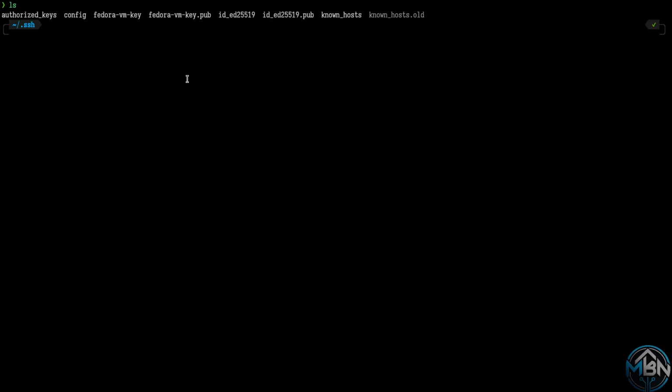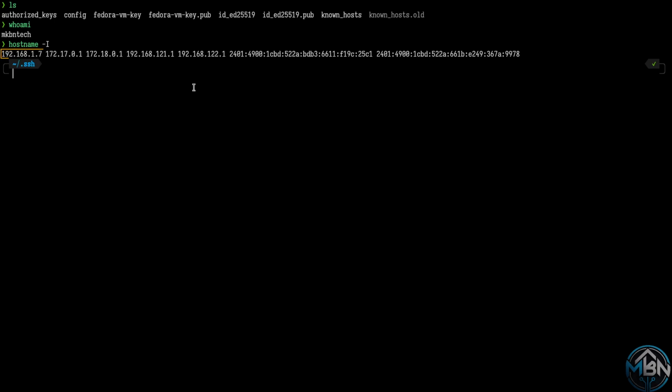In order to copy the SSH key, we need two pieces of information. First, we need the username. You can get that by running the whoami command. In my case, it is mkbntech, and we need the IP address of our machine. We can simply run the hostname -i command, which will list the IP address. In my case, it is